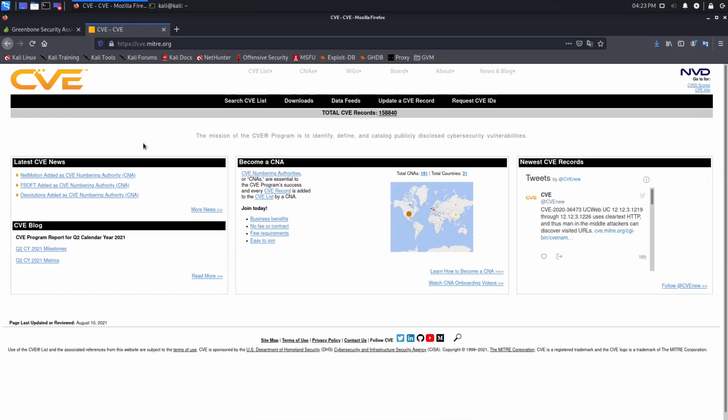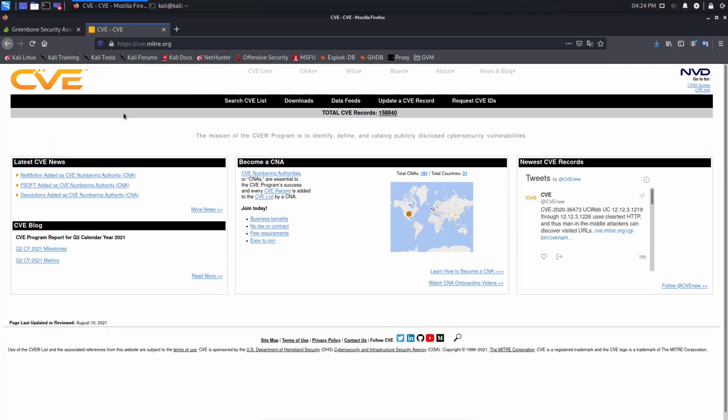So now let's suppose that you discover a new vulnerability and you want to assign a number for that vulnerability, because you can use, for example, OpenVAS or another software, or you can develop your own software to look for vulnerabilities. And when you discover that vulnerability, you can request a CVE ID number to be assigned to that vulnerability. All right. For that, what you need to do, you need to come to this page here, as you